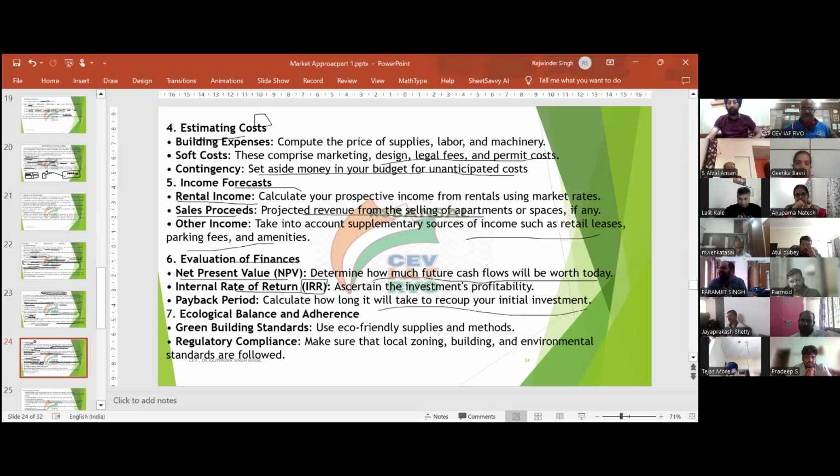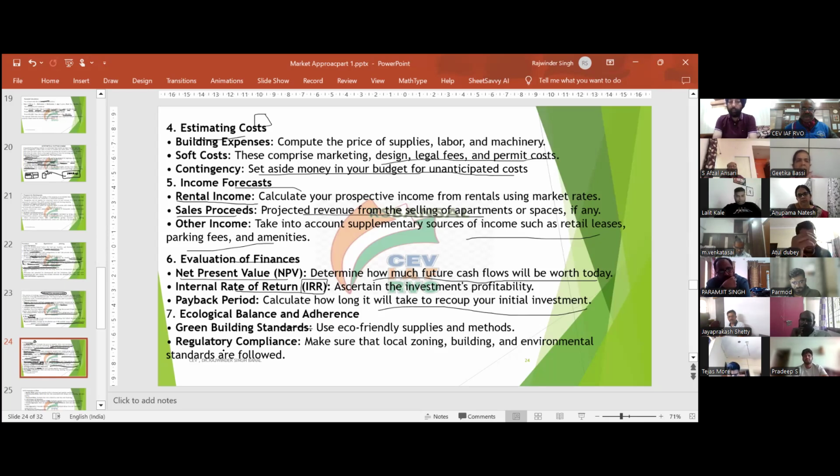That is also very important: payback period. Then, in today's scenario, as all architects must know in this sector, you have to follow green building standards, use eco-friendly supplies and methods, and do regulatory compliances. So this is a procedure of